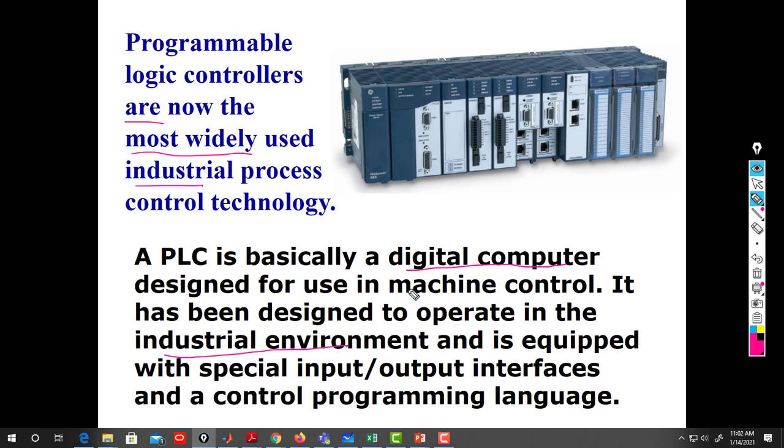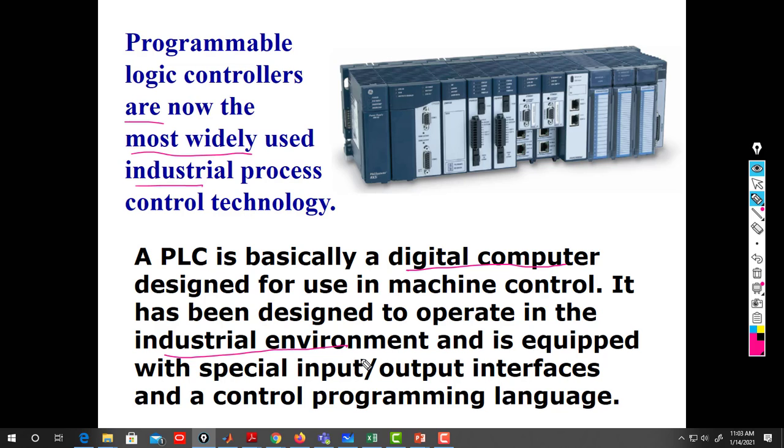Its design purpose is to operate in an industrial environment. You will see that programming it is very easy, it's not hard to program. Industry likes to have something fast and easy,